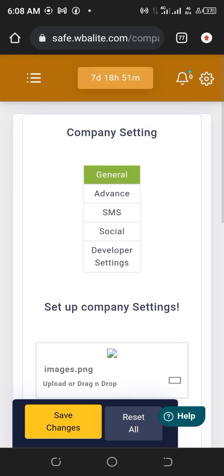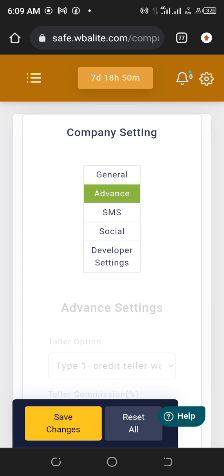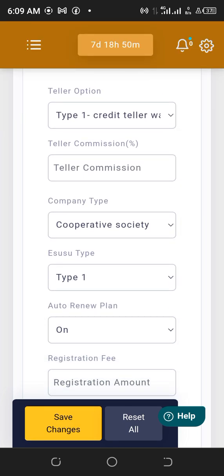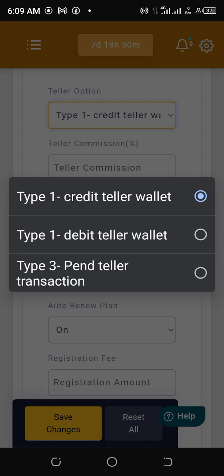If you look closely at the top where you have the green tabs, you find that we have general. Below the general we have advanced. All you need to do is hit on advanced. It changed, right? On the advanced tab, we want to know how you want your staff to operate today. Once we understand that, we have a video that talked about this separately, but because of time, I'm just going to be wrapping up. So I'll just prefer